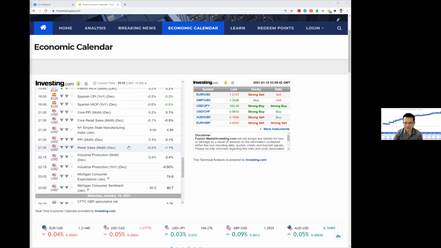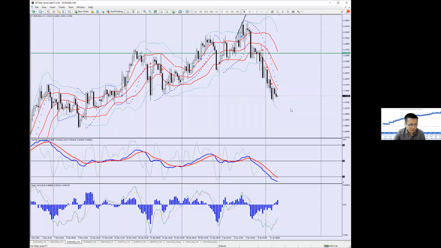Okay, retail sales numbers at this point looking like it's still going to be weak, going from minus 1.1% to minus 0.2%. So we might still see that weak retail sales number, but at least it looks like there's some sort of recovery. It's not getting significantly worse. It's only going to a minus 0.2%. So with that put together, what it could translate to in terms of looking at the charts, the Euro US